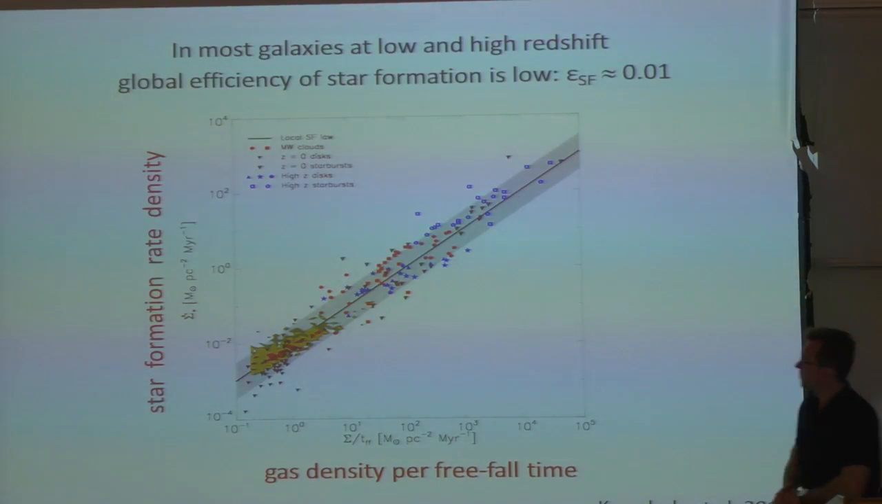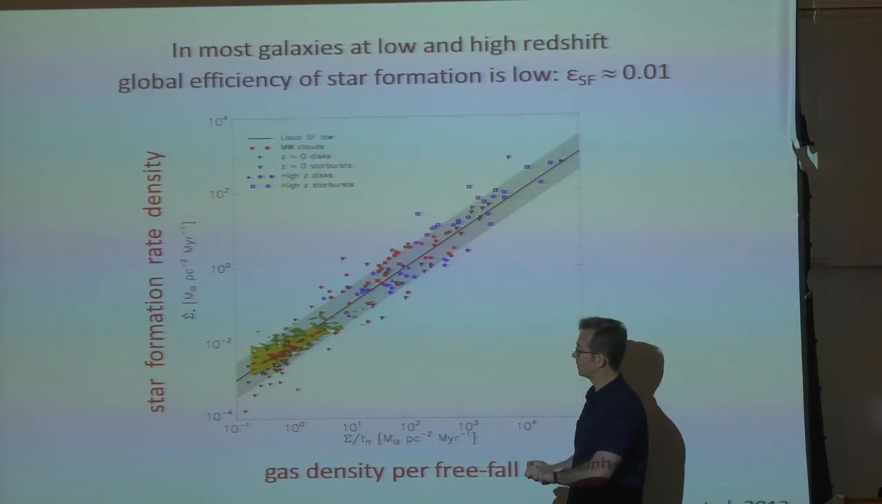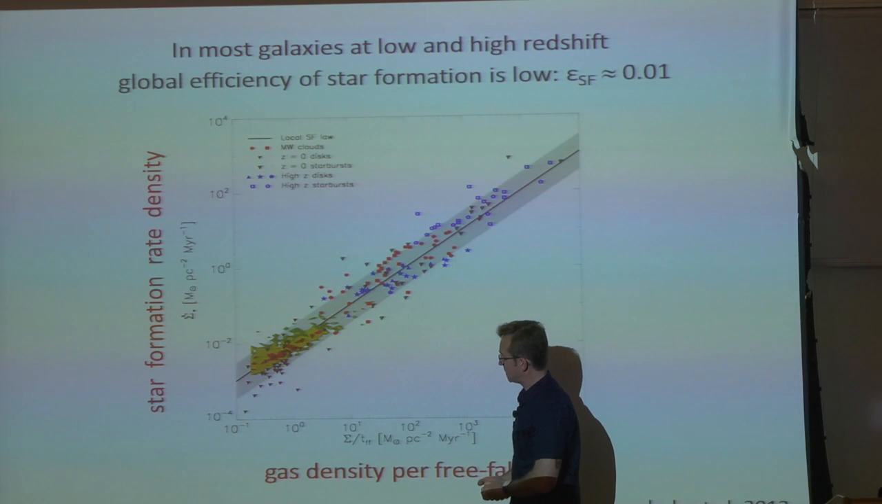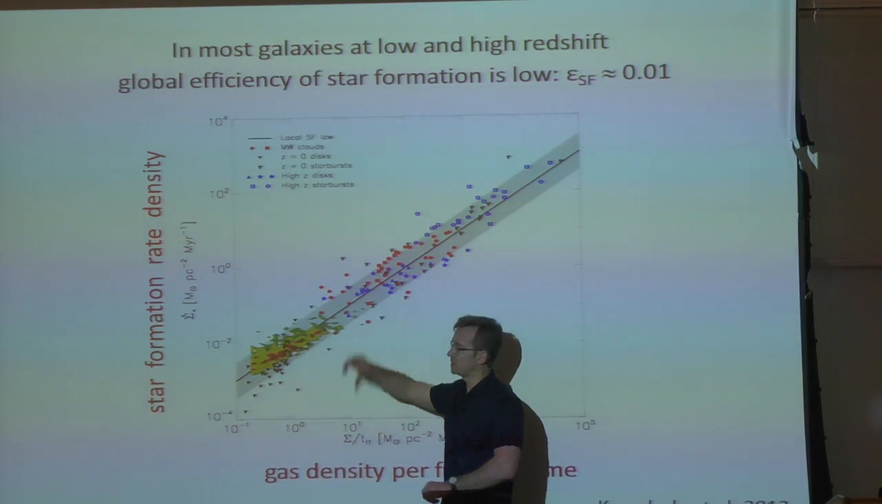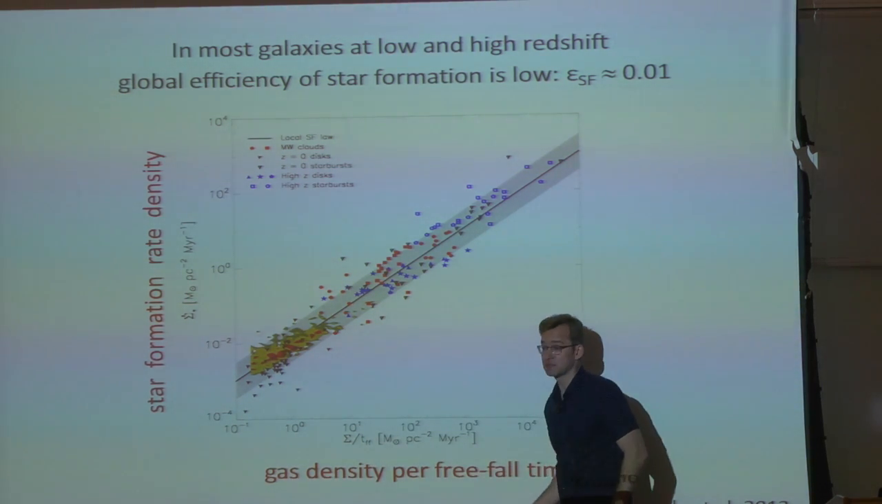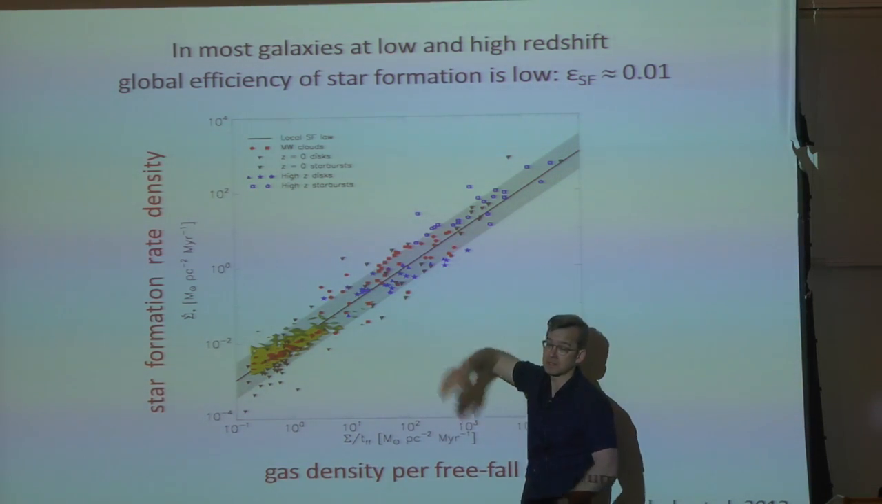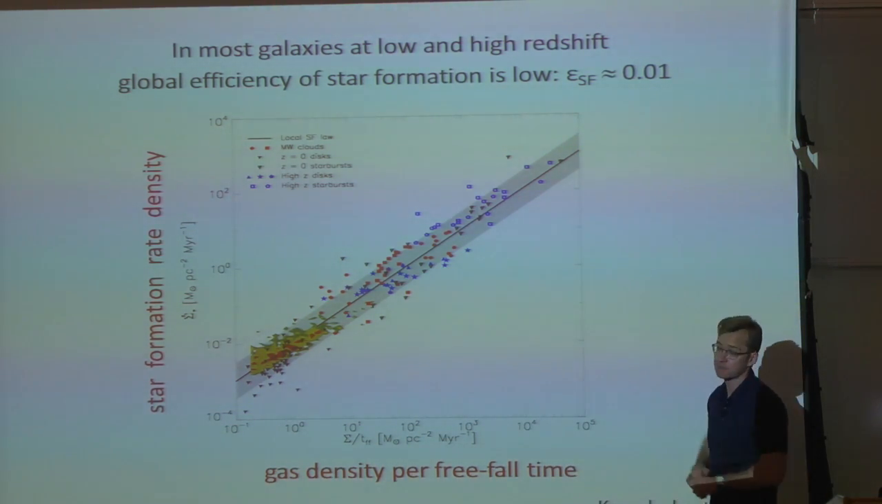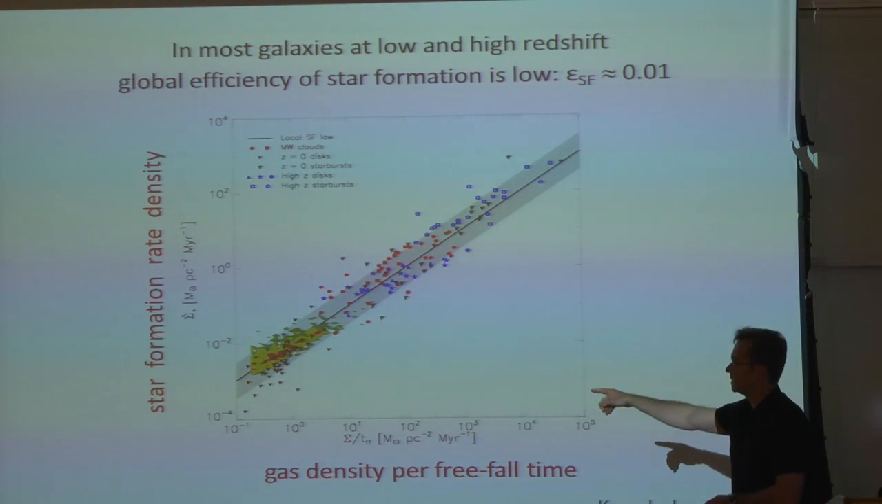We can also see from observations that this local efficiency I mentioned, this epsilon freefall, is actually measured to be very small. This is a compilation of many star-forming regions, and it's a comparison between star formation rate density and the gas density, and the constant of proportionality between them is that epsilon. And it's measured to be about a few percent, 1%, a few percent, on global scales over, again, many orders